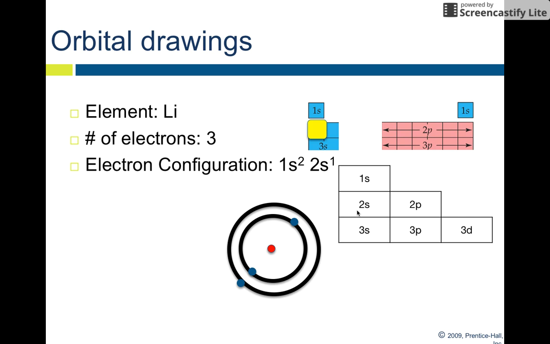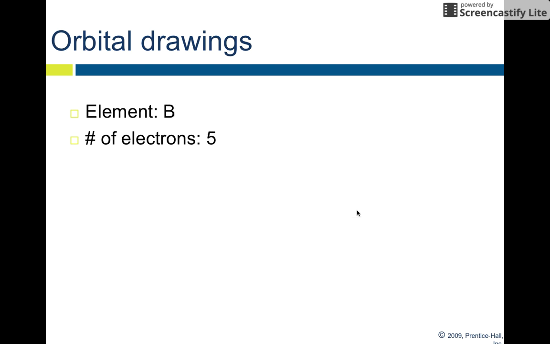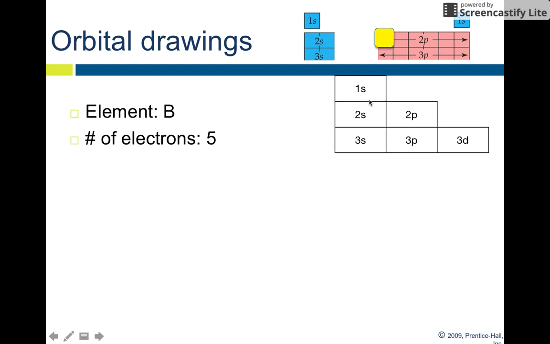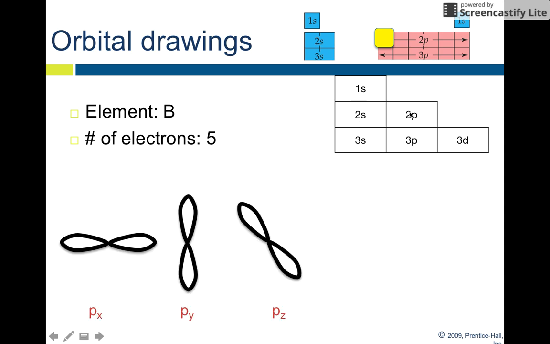I want to go on to boron next. Now, boron is one of the ones on the activity that you picked up on your way in, so you might want to get that out and start drawing as well. So for boron, that's here. Notice that we're into the 2p section. There is no 1p, because the first energy level has only 1 subshell. So we've filled up 1s, we've filled up 2s, now we've got to go on to 2p. Now, if you recall, there are 3 different p orbitals. There's px, py, and we depict pz at an angle. When we draw these all together, it gets really